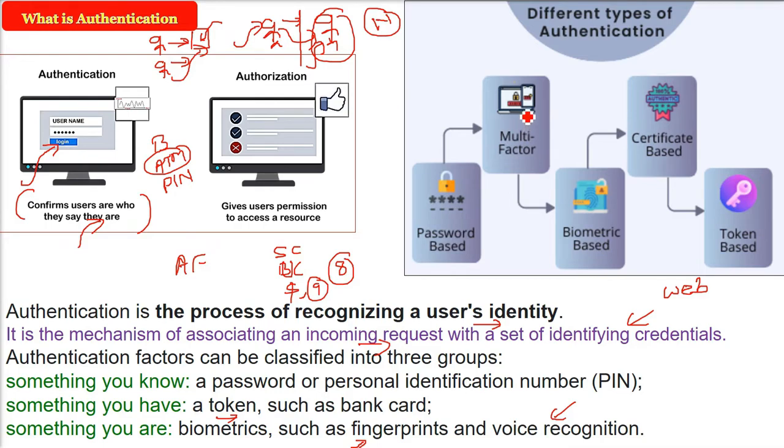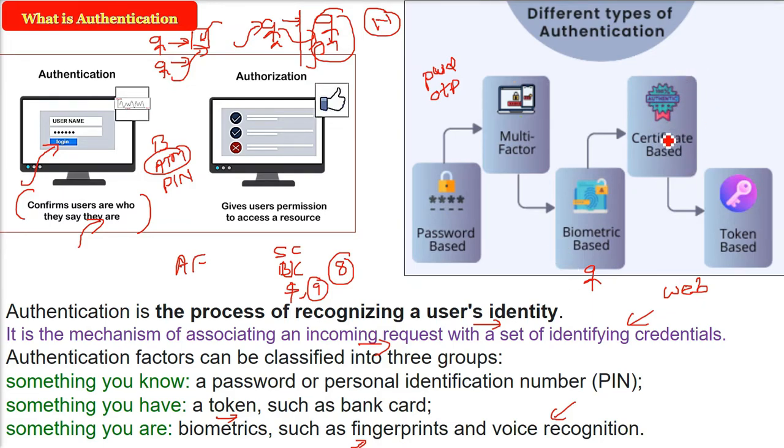Okay. Then we have multi-factor. So multi-factor is that first you enter the password, then some OTP or similar will come to you, and that will be multiple factor or two-factor. Biometric based, that is, your eyes are special, your fingerprints are different, your voice is different. So all these are used as biometric measures to authenticate.